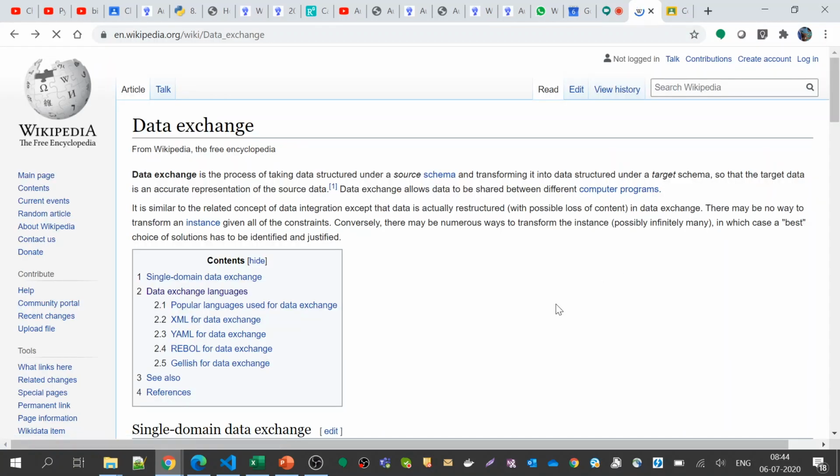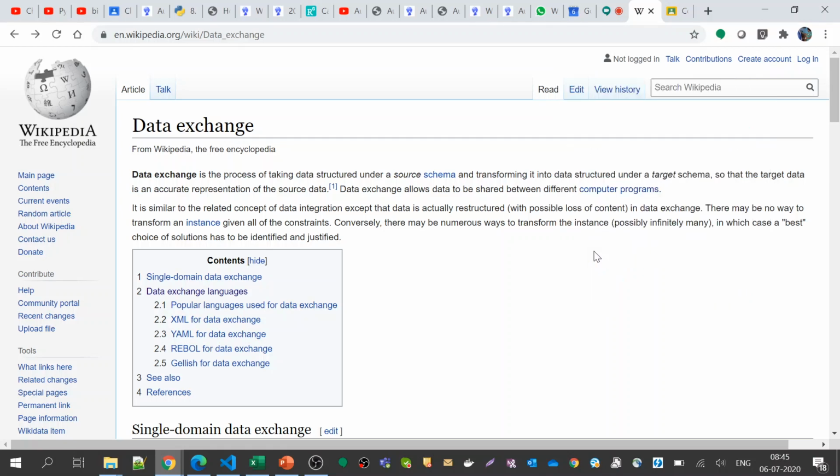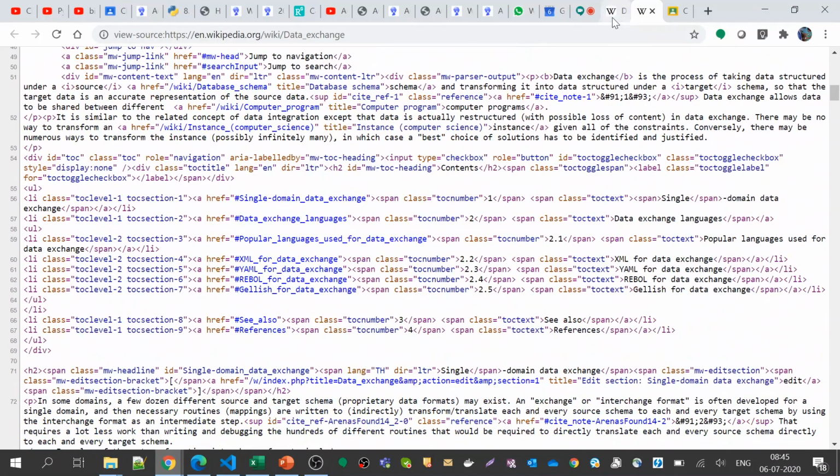Okay, so this format is not actually what is sent to this browser, but this is a simple markup language text, which gets converted to this presentation. The presentation part is what the browser takes care of. So this is the page, and let us see what was sent to this browser, that is Google Chrome. So what was sent is this. This is actually the raw data that gets converted to this one.